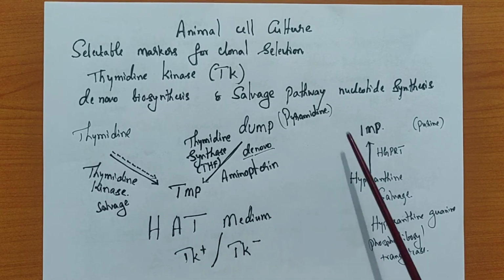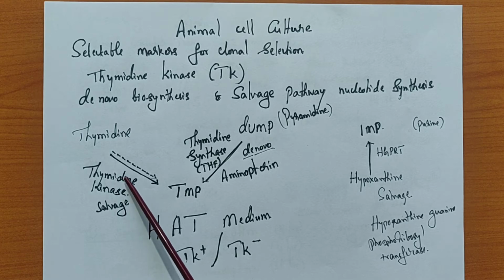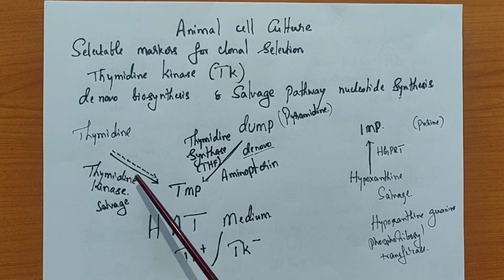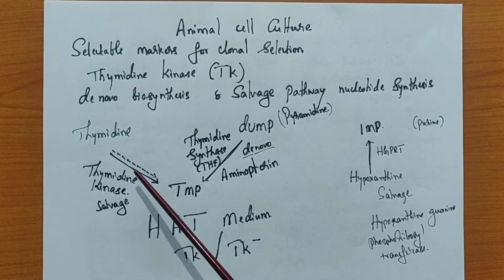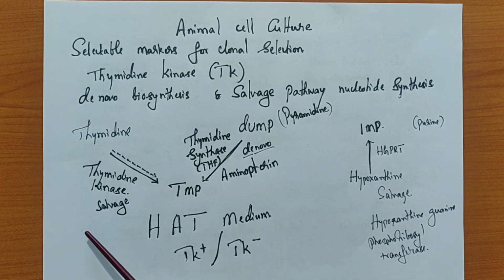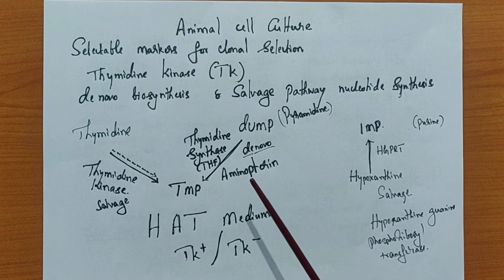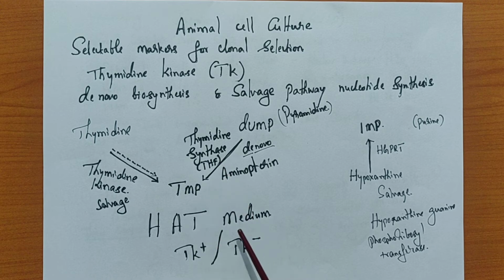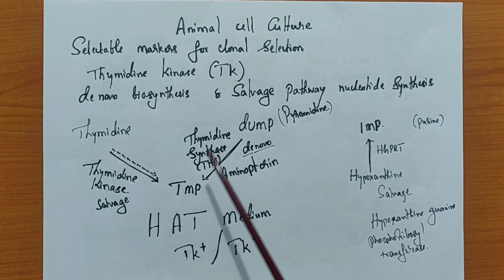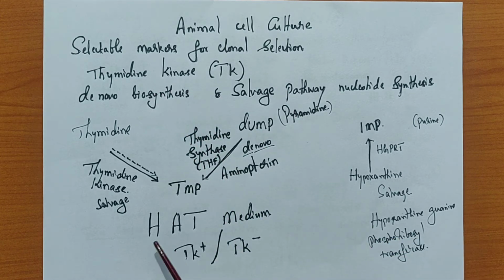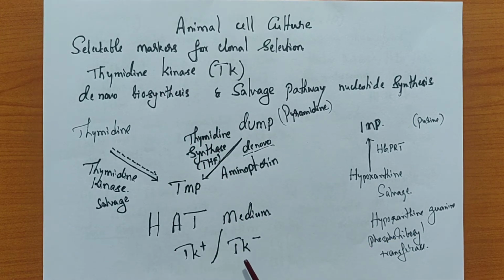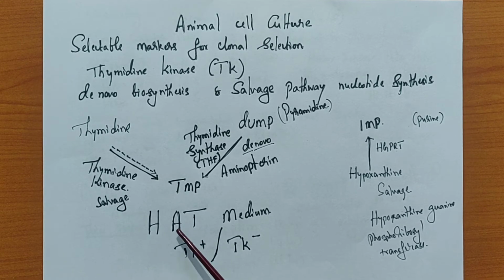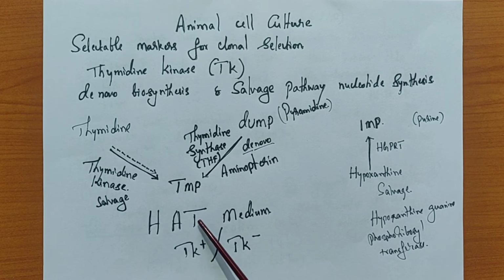Now what they are going to do is, we have the cell, and we knock out this particular enzyme, thymidine kinase. Once you do not have this thymidine kinase, we have to supplement the medium. So the medium contains aminopterin. Now the selection is based on TK plus and TK minus. The HAT medium contains hypoxanthine, aminopterin, and another one is going to be the thymidine, in fact.